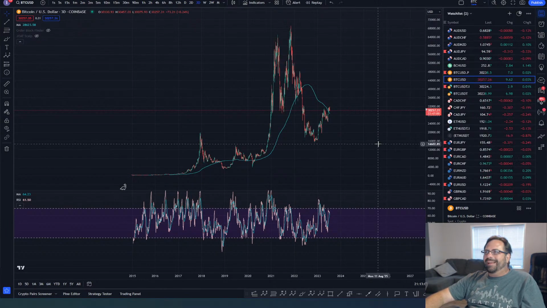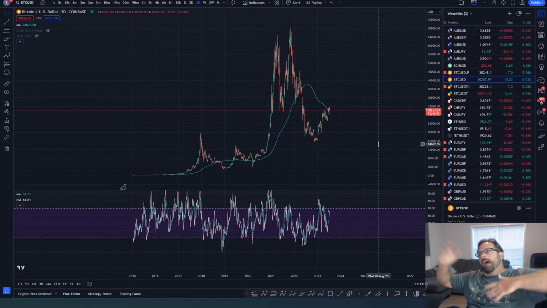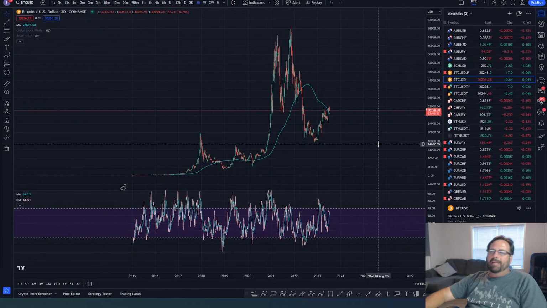You can test that theory out by going through all the currencies and trying to get a macro count for the Euro USD. You won't find one. Try to get a macro count for the Swiss franc against the USD, the Swissy. You won't get a count. You'll just get this big blob of waves that makes highs, makes lower lows, whatever. But that doesn't mean Elliott wave can't be applied to the market.